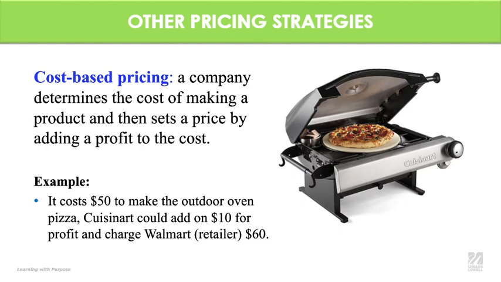So I will sell it to a retailer like Walmart for them to sell it inside the stores. And I will say, okay, the price I will be selling this to you is $60. This is what I'm charging you. Then Walmart can charge a different price to the customers, but what I, as Cuisinart, want to make is $60. Okay, so that's one strategy. You take your costs and how much you want to make out of profit, and you set a price. You can use this to sell to a retailer. You can use this strategy also to sell direct to your customers.